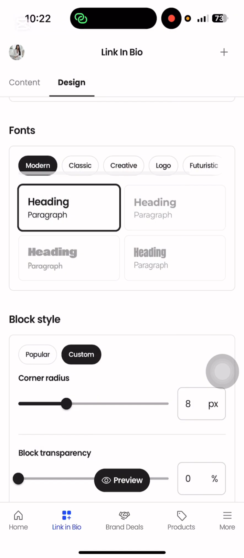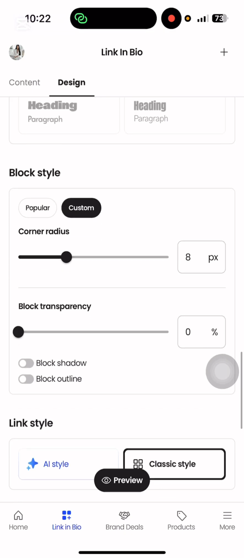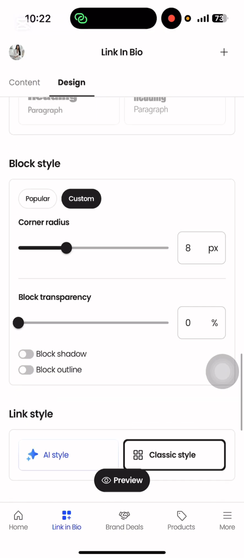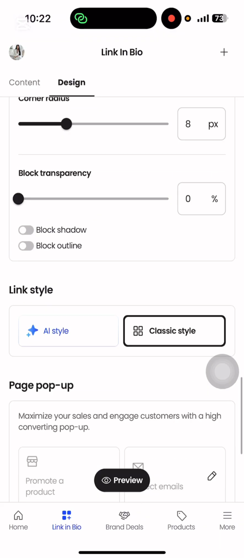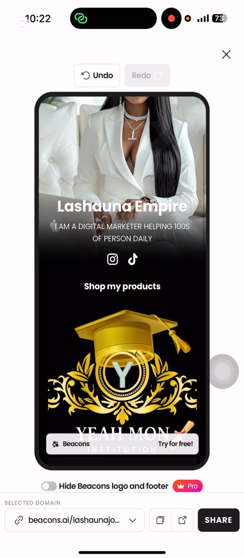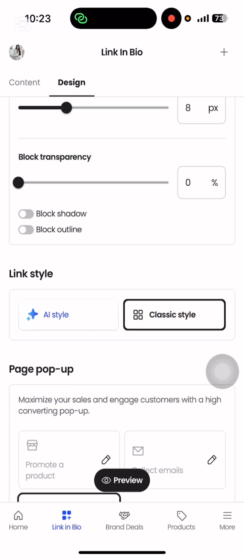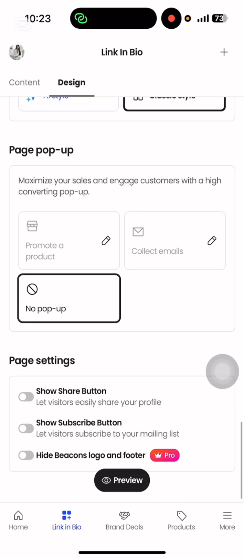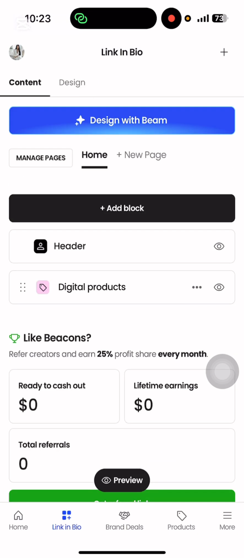Right? Yes. Okie dokie. So we don't want to do too much right here. We're all right with how it looks. It's okay. So if you're okay with your design, you can always go back to link in bio,